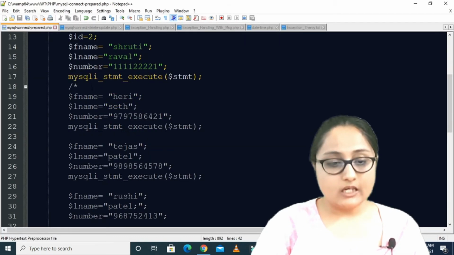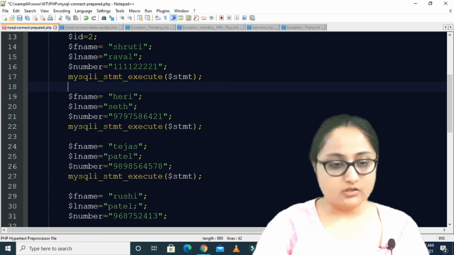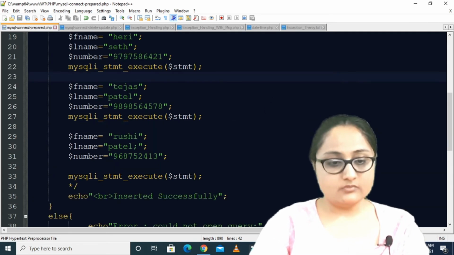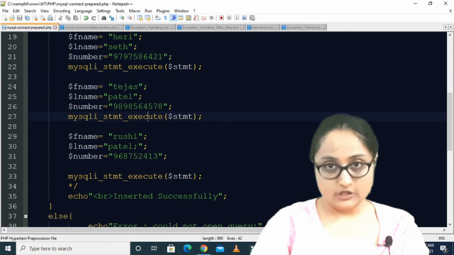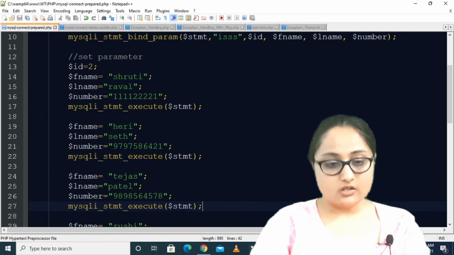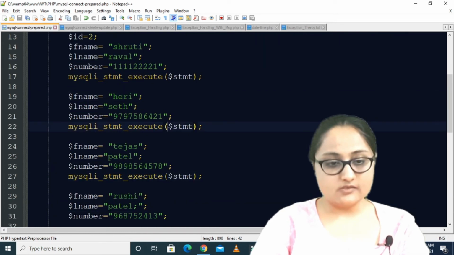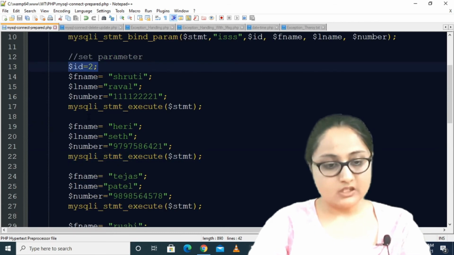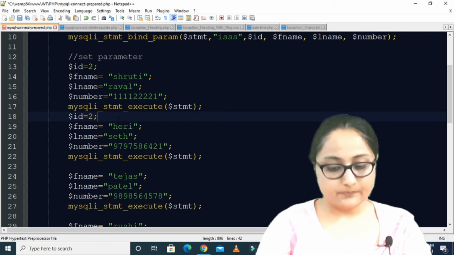Now, for example, if I am entering some other values, so if I am entering multiple values, then you have to execute the statement multiple times, right? So here again I am inserting these values. For example, ID 2, here I will have ID 3.